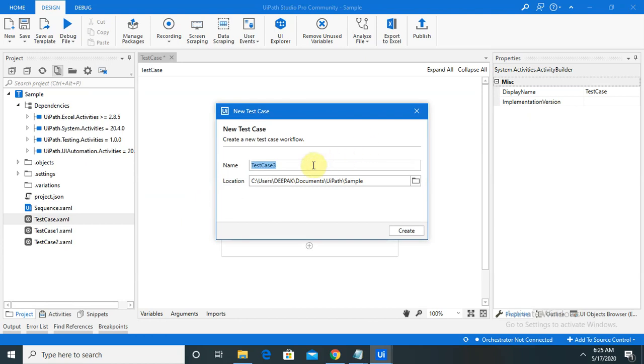Provide the name of the test case. For example, if you are working on the WhatsApp application and you want to automate it, based on your feature you can name the test case recording feature or video calling feature, so add video calling. Why video calling? Because you want to test the video calling feature in the WhatsApp application.